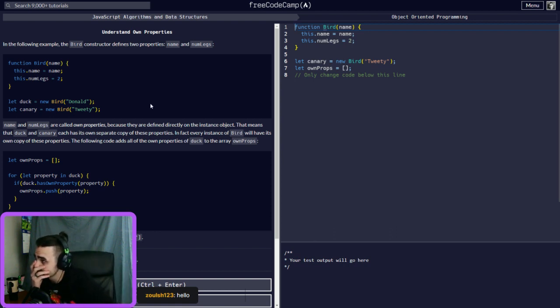So let's see what this is doing. In the following example, the Bird constructor defines two properties, name and numLegs, right? And we're making two new objects here with different names.